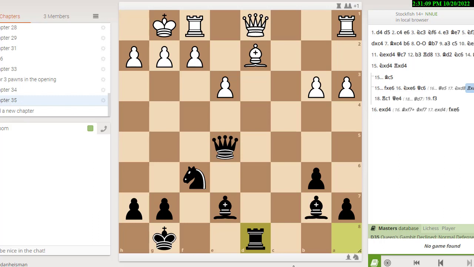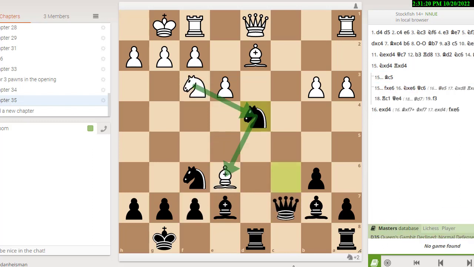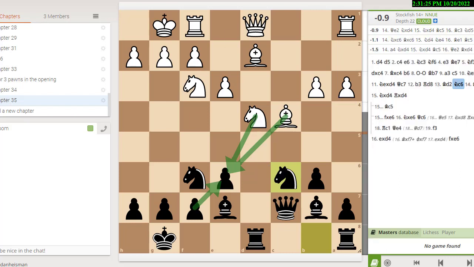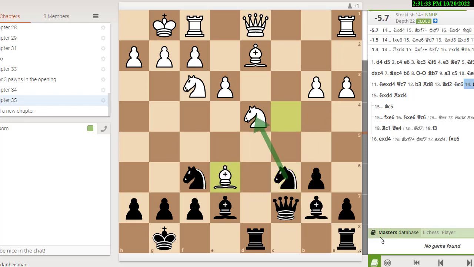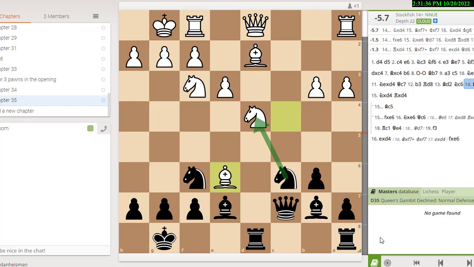All right, let's go back and do that now. So do you think white's better here? Do you think white got enough? The 2 pieces, got the rook and 2 pawns was enough? Let's take a look. Let's go back to the start. All right, at the very start, the engine says that black has a good position and he's up by about 9/10 of a pawn. When white plays bishop takes e6, that goes from 9/10 of a pawn to minus 5.7. So if you thought bishop takes e6 was a good move, or at least a neutral move, to get the rook and the 2 pawns for the 2 pieces, you can see that's not true.